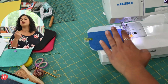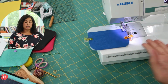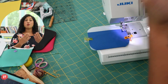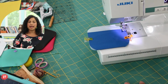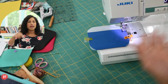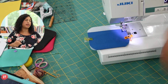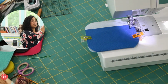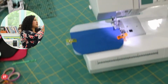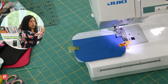Remember, even if it's a construction seam, we want to give it a little more length, especially when we're working with bulkier fabrics, because we want the feed dogs to pull more of that fabric. If you have your stitch length set to like 1 millimeter long, that machine is not going to pull any fabric through. It's literally just going to stay stitching in the same place. So if you've ever had a buildup of thread on the back of your project, that's why. Lengthen that stitch length when you're working with bulky fabrics, even if it's for a construction seam,